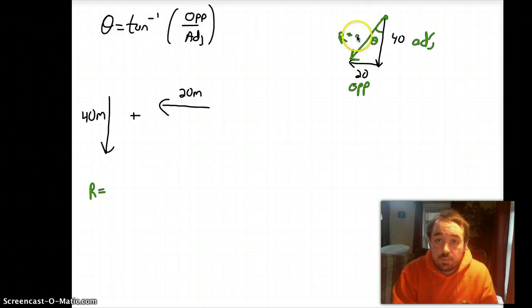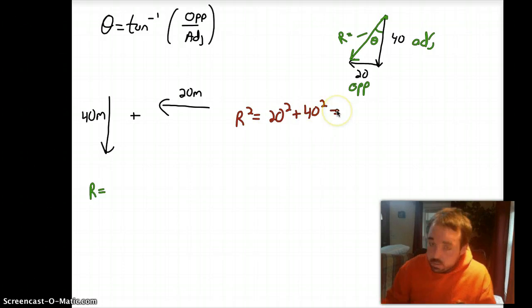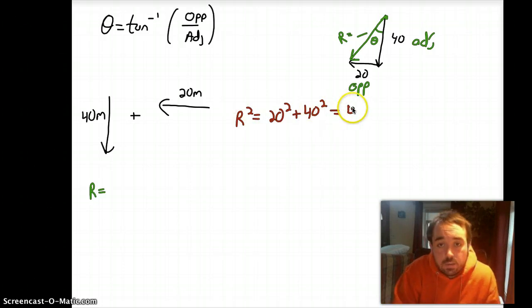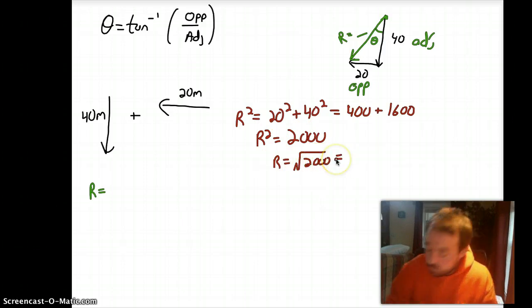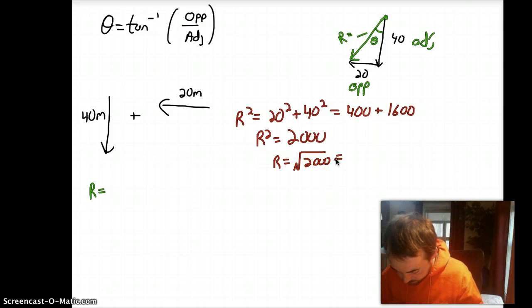To do that, we need to find the size. Well, the size is Pythagorean theorem. So r squared equals a squared plus b squared, 20 squared plus 40 squared. 20 squared is 400. 40 squared is 1600. So r squared is 2000. R is the square root of 2000, and the square root of 2000 is,